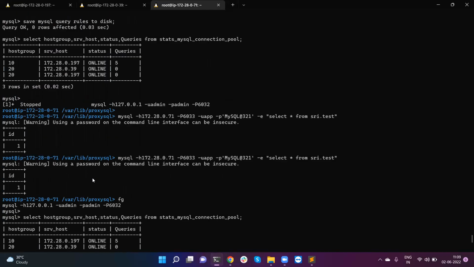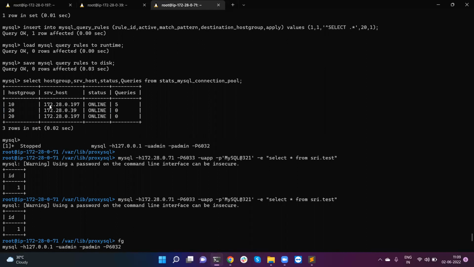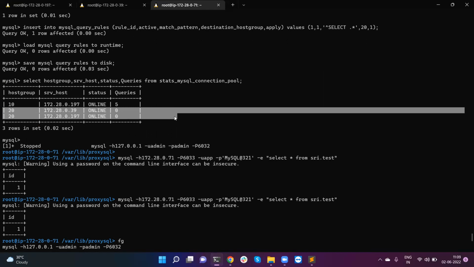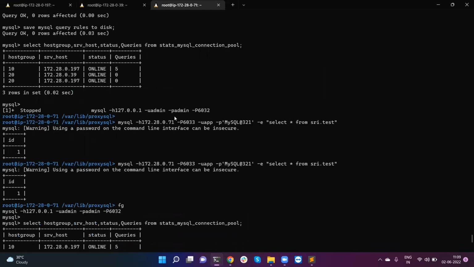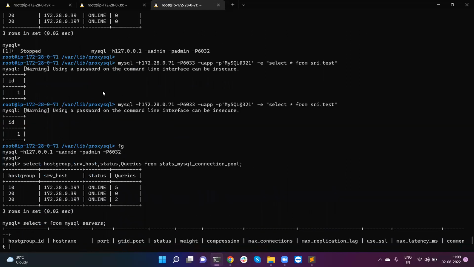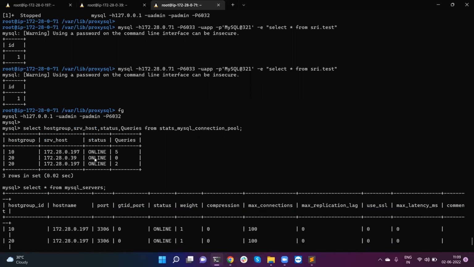Okay, so what I am telling is, before having the query rules, all the queries were executed in the writer. Create, insert, select, everything was executed in the writer. There were no queries in the reader host group, right? After we configured the query rules, what happens? We executed two selects. Now the selects are executing in the reader host group, which is